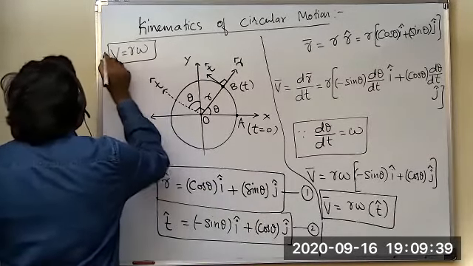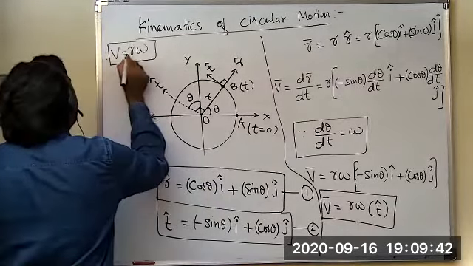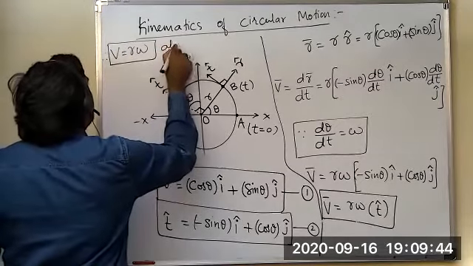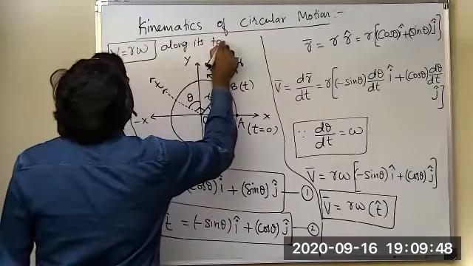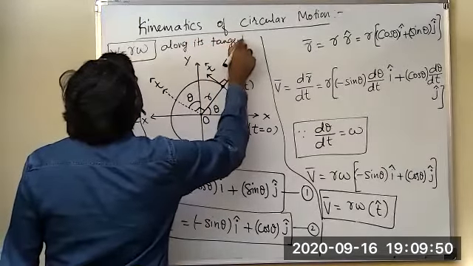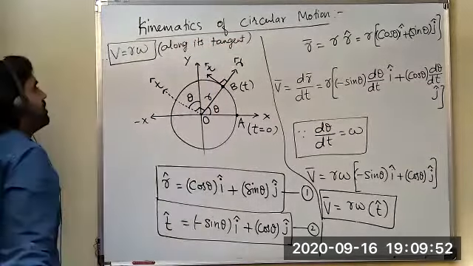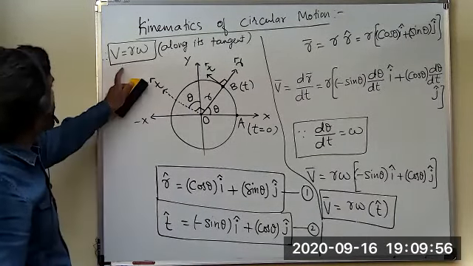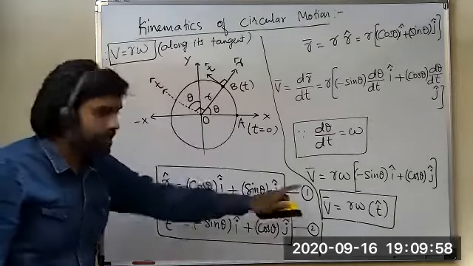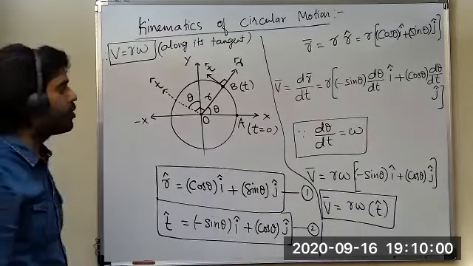Like this, you can generalize. So for a body moving on a circle, you can write v is equal to r omega. And since velocity is a vector, you can give its direction as tangent. It is a very important component, students. So for a body moving on a circle, you will have velocity as r omega and its direction along the tangent. I hope you understand.